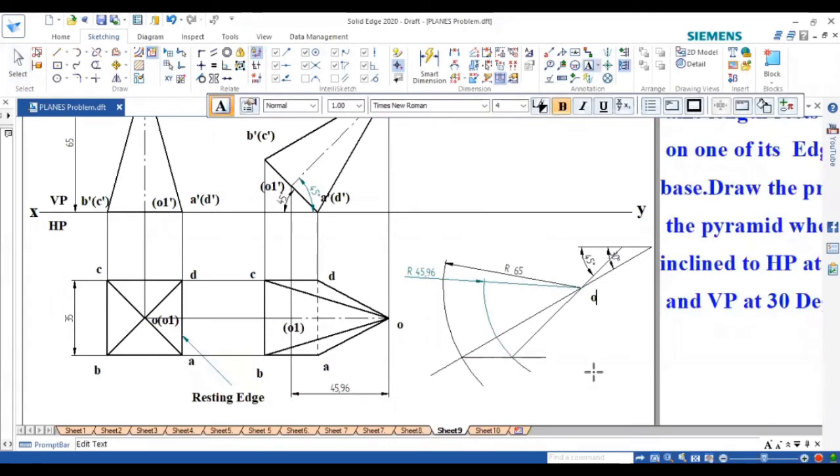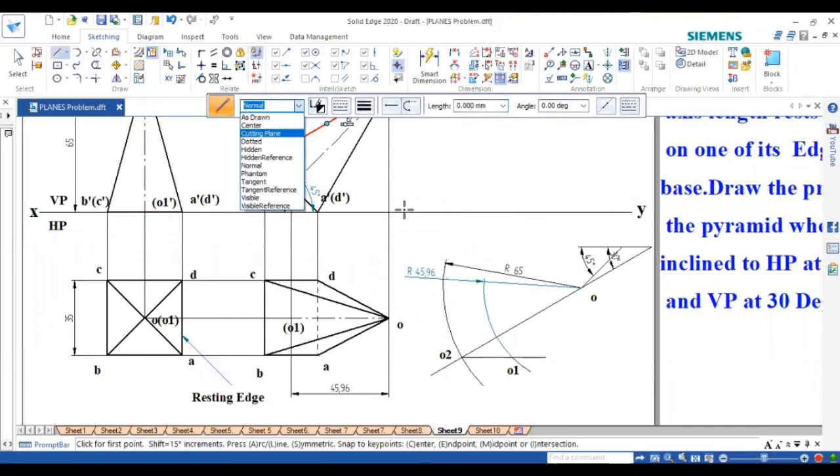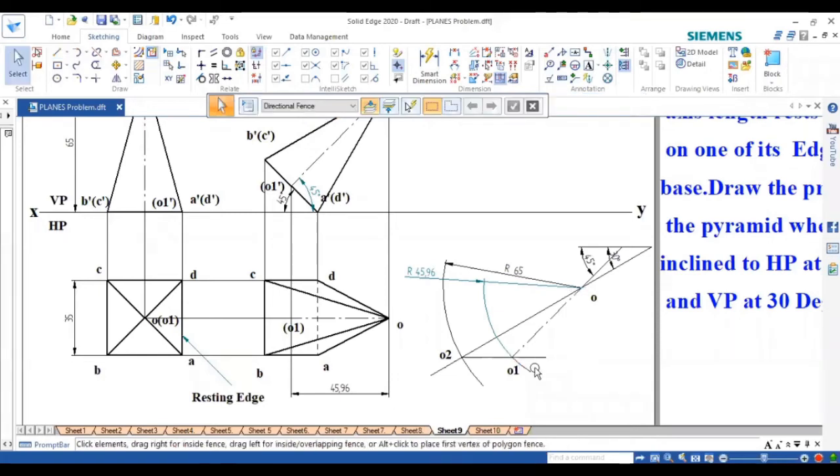Okay, now I need to construct this square with respect to this O1. This is the O1 point, and this was O2, which you don't need right now. Okay, so now this O1 is ready. Since it is the center axis, I will trim this and I will draw the center axis from O1 and O. While drawing, you can directly draw the center axis in your book. So this much is done. Now what you need to do? So O is ready. While constructing in the book, you can use this method.